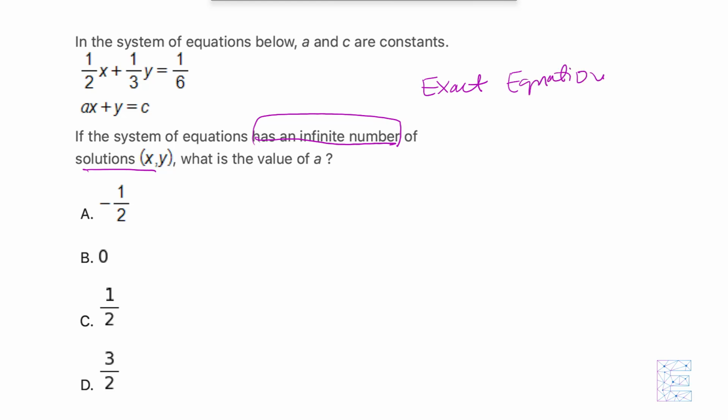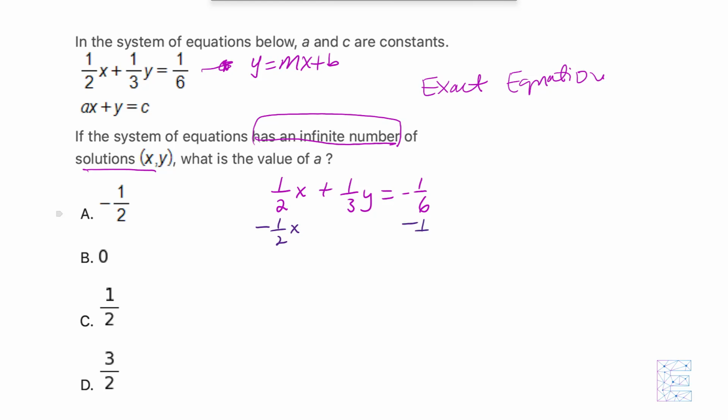Okay, with that said, there are too many unknowns on the bottom one to even look at it, so we need to focus our attention on the top equation. And what I'm suggesting we do here is just rewrite this equation in slope-intercept form first, so y equals mx plus b. So let's go ahead and do that. We need to get y by itself, so first step would be to subtract 1/2 from both sides. So let me just copy it down. 1/3 y equals 1/6. Let's go ahead and subtract 1/2